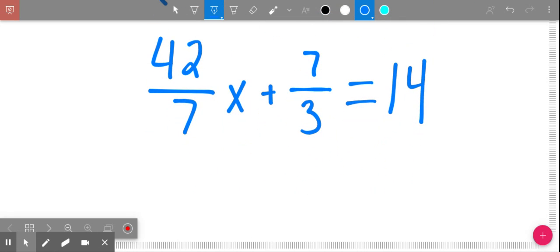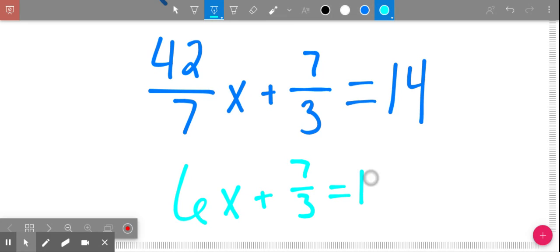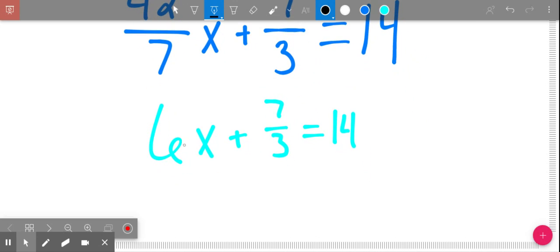So now we have to reduce. 42 divided by 7 gives me 6x plus 7 over 7, which doesn't reduce, so we just leave it, equals 14. Well, at this point, if we're looking at this, we still have a fraction. So the method didn't work. Anytime we try this method and it doesn't work, we still have a fraction, that's whenever we just have to start over. So we're going to do the process all again to try and get rid of that